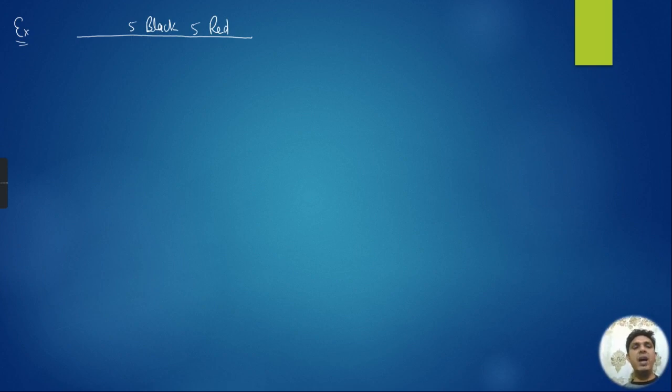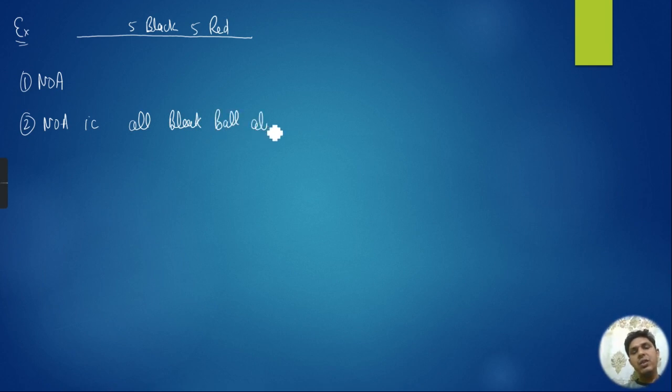Question is, I have to arrange 5 black balls and 5 red balls in a line. Now the conditions are: my first question is the number of arrangements without any condition. My second question is the number of arrangements such that all black balls are always together. My third question is the number of arrangements such that all black balls are never together,